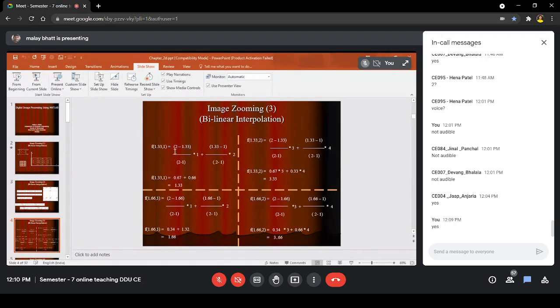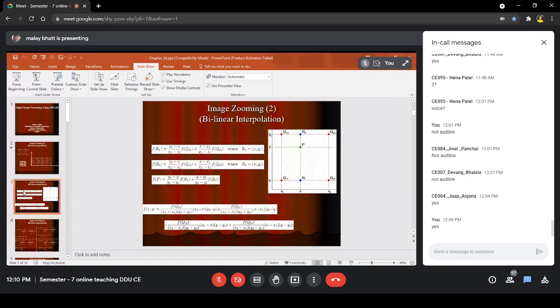So as per the equation, we are generating this point: (x2 minus x) upon (x2 minus x1) into f Q11, plus (x minus x1) upon (x2 minus x1) into f Q21.